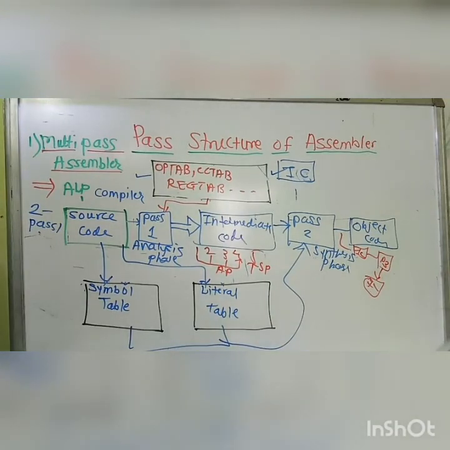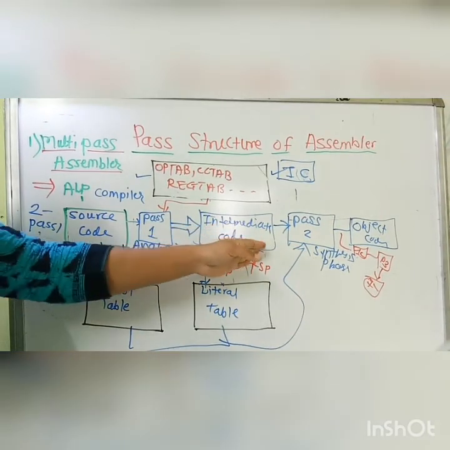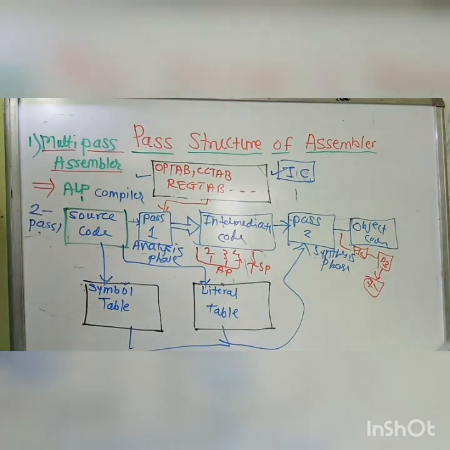This assembler is slower. We can easily answer why: as it has to go through many passes, it has to handle many intermediate codes, so the process becomes slow. But one advantage is that it requires fewer data structures compared to the one pass and two pass assemblers, and its logic is very simple compared to the previous two. This is all about the pass structure of an assembler.